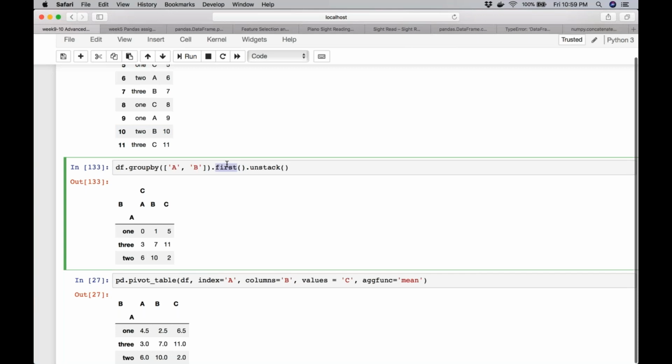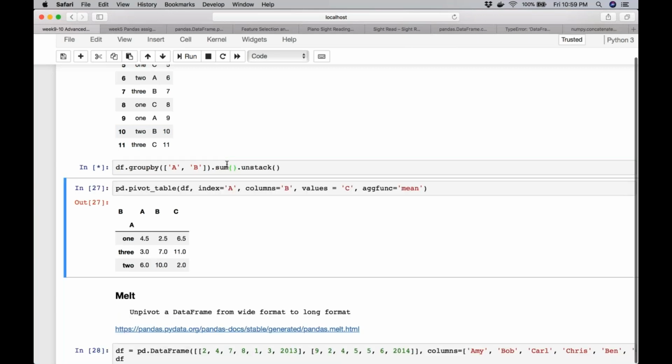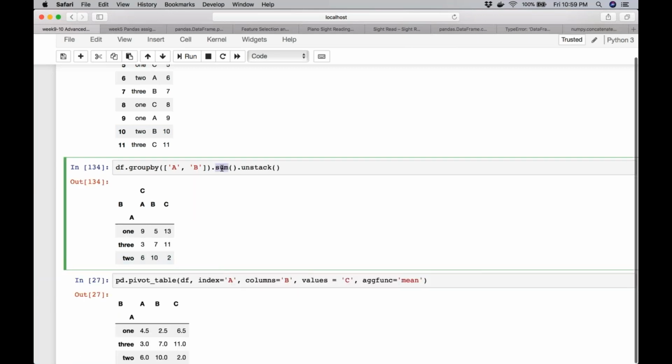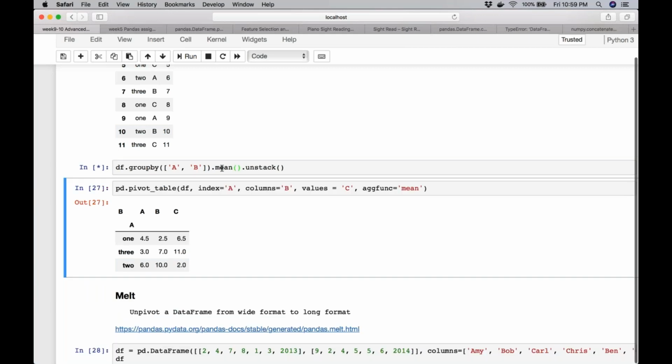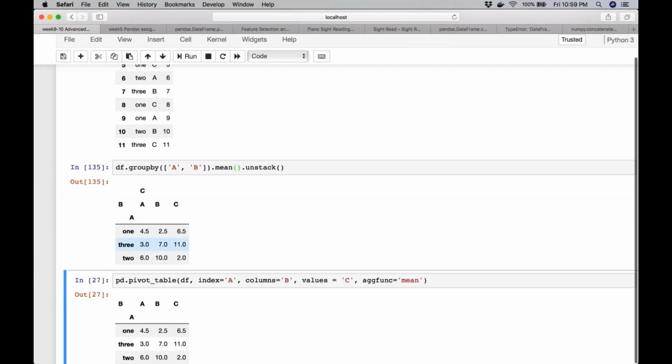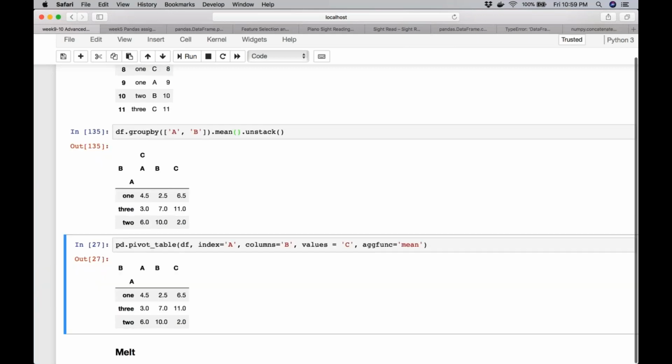I could have used a sum here and then the values would have got added. I could have also used a mean here, and I got the mean for every combination. The same thing can be achieved using pivot table. When I started pivot, I said that there are two functions. There is a pivot when there is no duplicated index, and then there is a pivot table, which has one extra parameter other than your index column and the values.